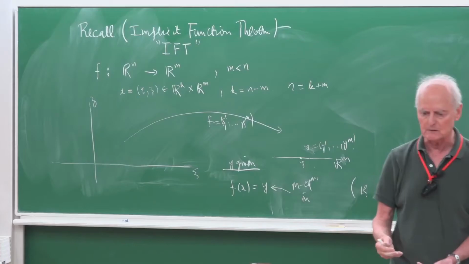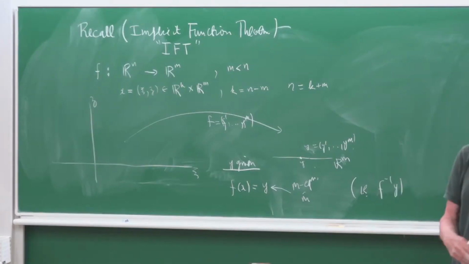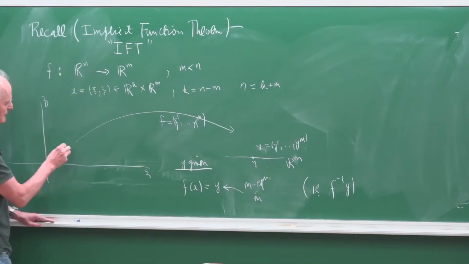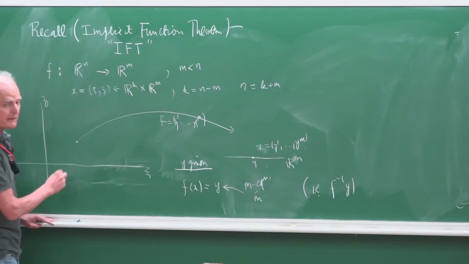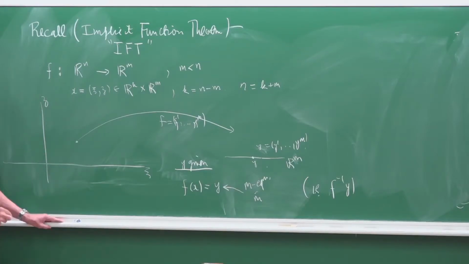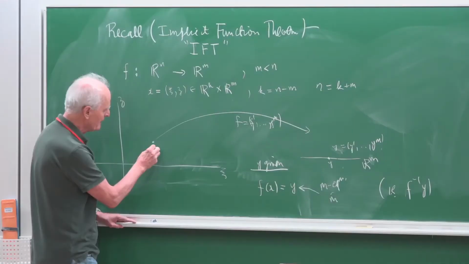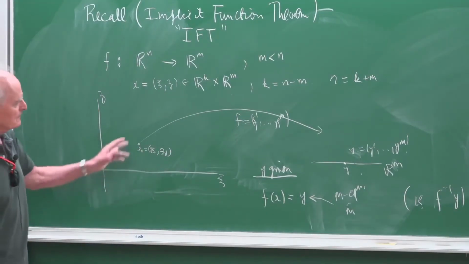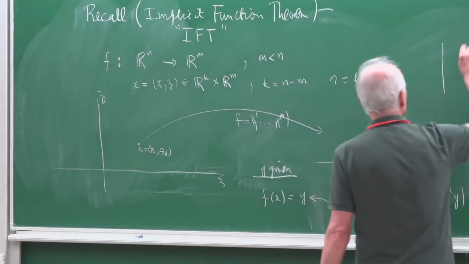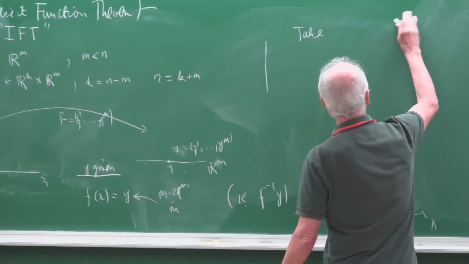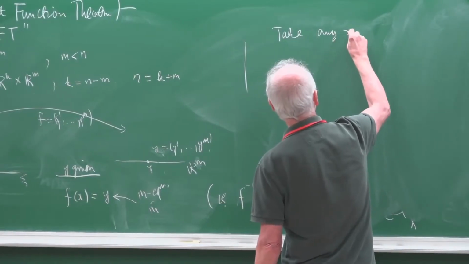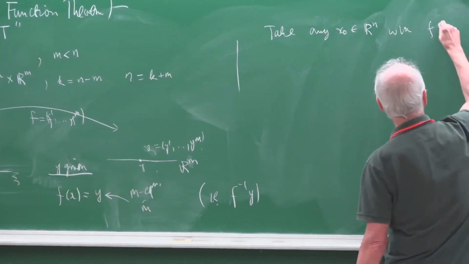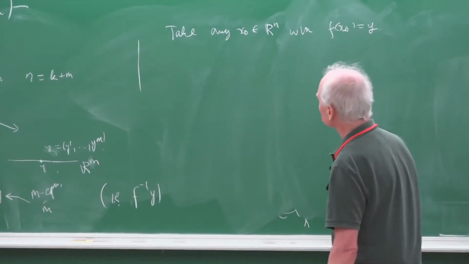Well, the implicit function theorem helps you, at least theoretically. It doesn't actually tell you how to solve it, but it tells you what the solution will typically look like. Namely, if you start off with a point x0, suppose that you've got one solution x0, which maps to y. So take any x0 in R^n with f(x0) equals y, and assume